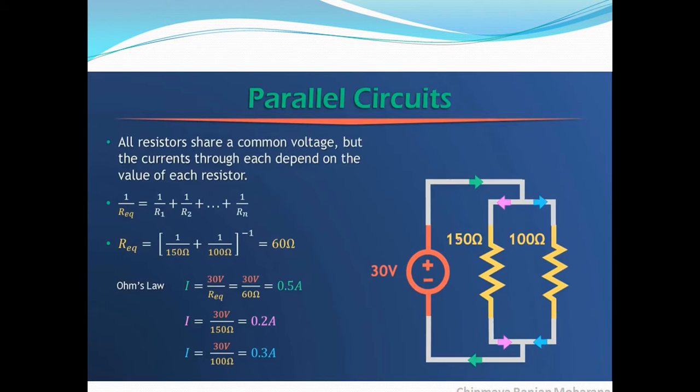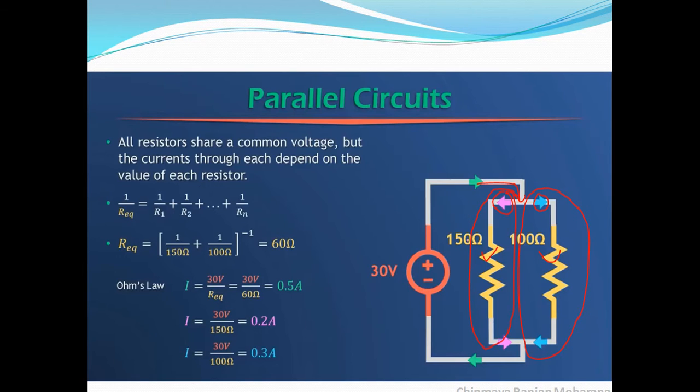Okay, and next one is our parallel circuit. Then what is the difference between a parallel circuit and a series circuit? Here you see the direction of current. That current will divert. Clear? If current diverts in two directions, the current is not the same. Clear? Current in the circuit is not the same. That means this is also a path of current, and this is also a path of current. Clear? Means these two are connected in parallel.